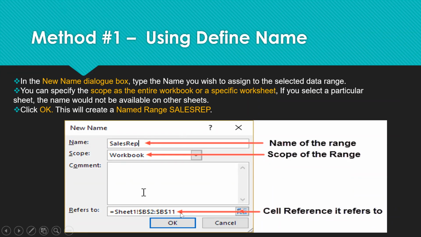In the first cell we have given the name sales rep, and we have given the scope in which workbook it will be applicable. By default it will be applicable for the whole workbook, and refers to which cells. Here they have given the cell range.